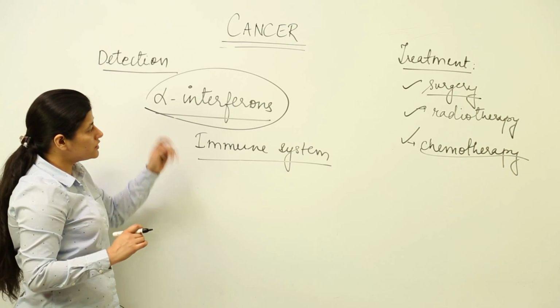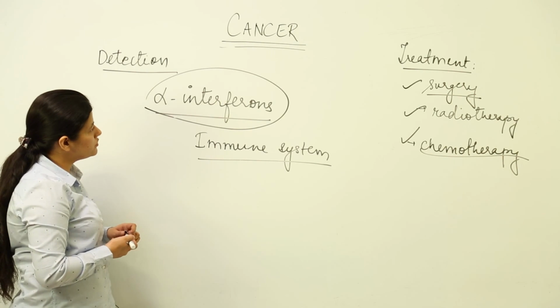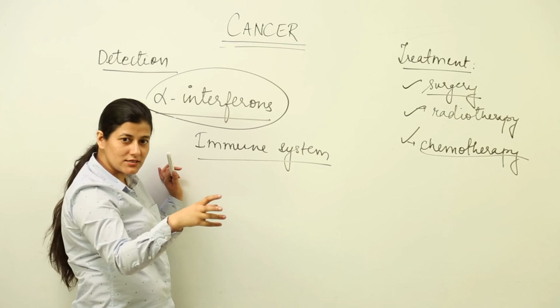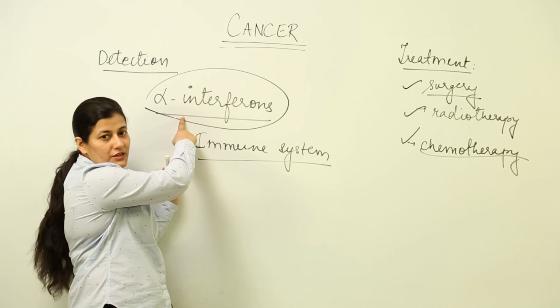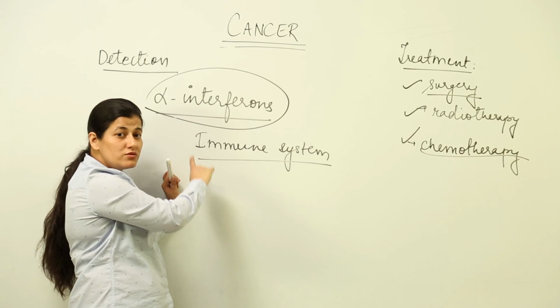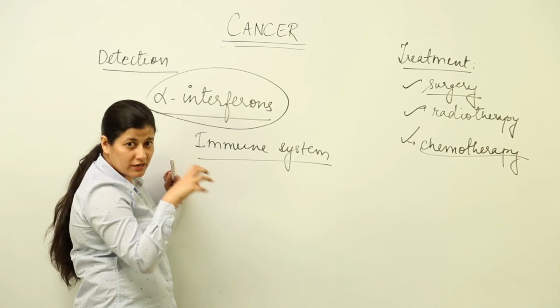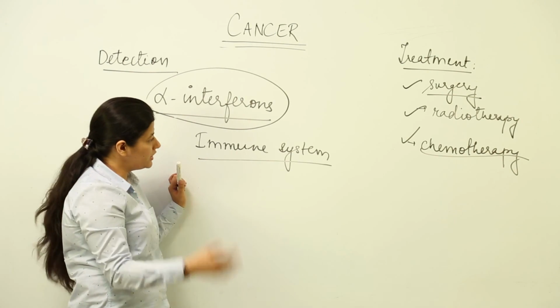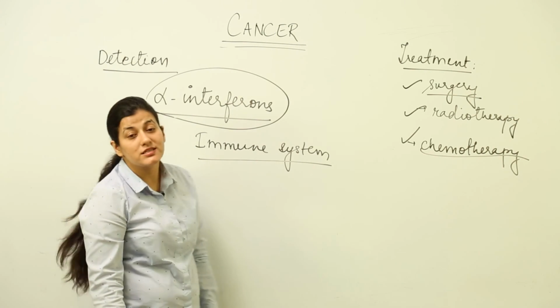So this is all you have to remember. Do keep in mind this point, that immune system cells are deceived by the cancer cells, but if we administer the patient with alpha interferons externally, then the immune system becomes very well aware of where the cancerous cells are, and it acts accordingly instead of getting deceived. So, this is all about